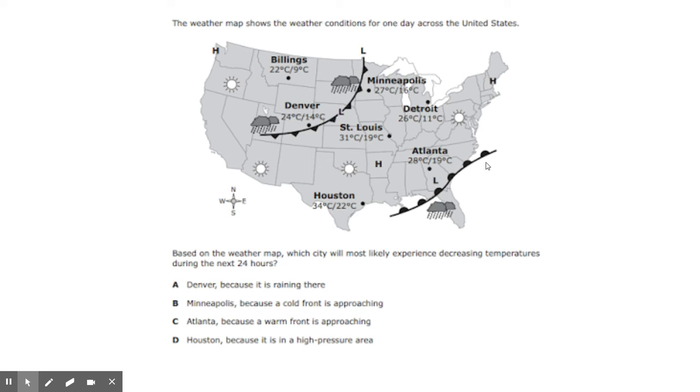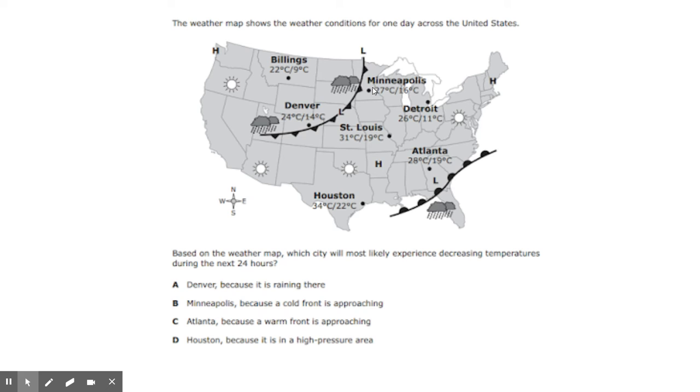All right. Well, you know that this is a warm front. So in 24 hours, it will probably be past Atlanta. So Atlanta is going to get warmer, increasing temperatures, but they're asking for decreasing temperatures. So where is this cold front? Where do you predict the cold front will be on the next day? And since again, the arrows are pointing in the direction that the front moves, you would predict that in the